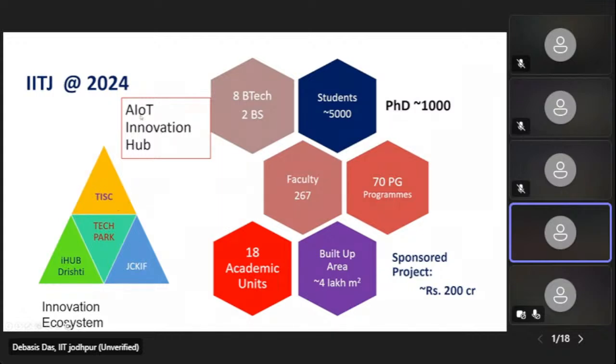So here we basically develop as well as design different types of products related to AI as well as quantum computing, edge intelligence, as well as different IoT-related products. AIoT means artificial Internet of Things, okay, and as well as we have the Jodhpur City Knowledge